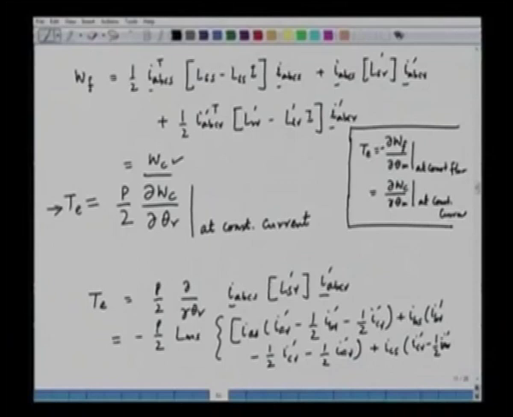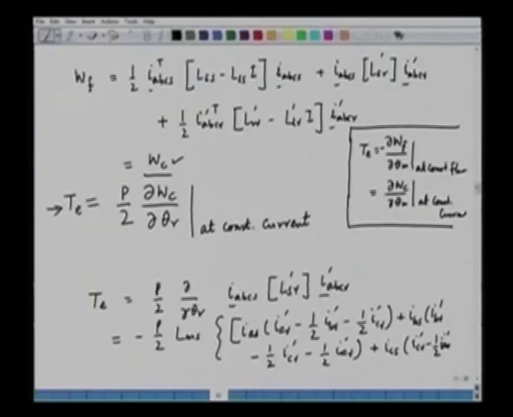Now, if we differentiate, this equation has three distinct terms. One is the self inductance part, that is L_SS minus L_LS into I. We are subtracting the leakage because leakage flux does not help in the energy transfer. In other words, the leakage flux is not present in the coupling field. The coupling field is due to the mutual flux, the flux that links both the stator and the rotor. So, one component of the flux is due to the primary, that is half of L_LS into I, i_ABCS,